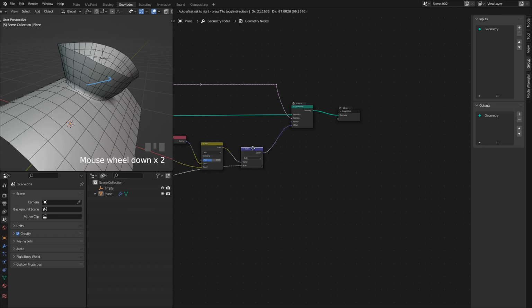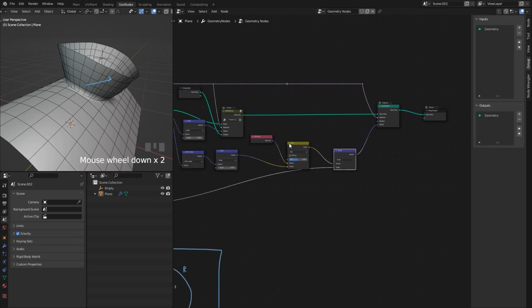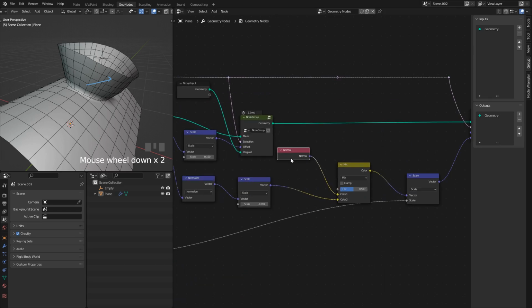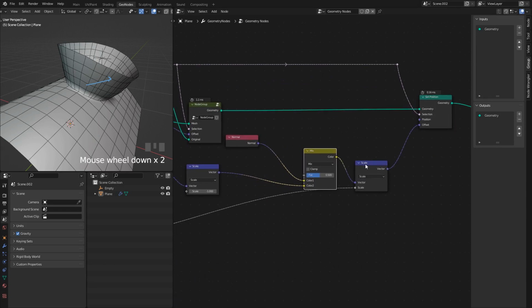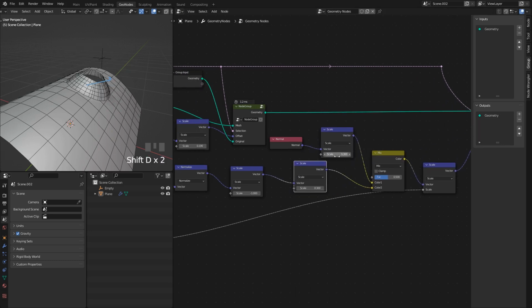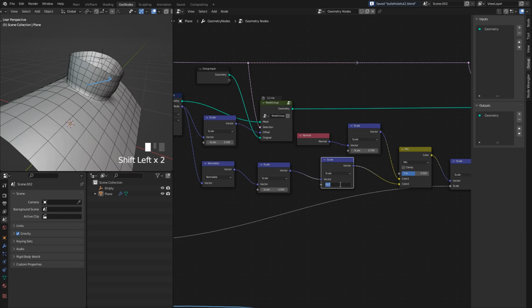However, we did lose the control for the scale, but we do want it to be individual for each of these two vectors, the normal and the tangent. And to do that, I'll just add another scale for each of them. Now I have a control for the push on the normal, a control for the push on the tangent, and yeah, that's pretty much what we were going for. If I just scale this down a little bit,